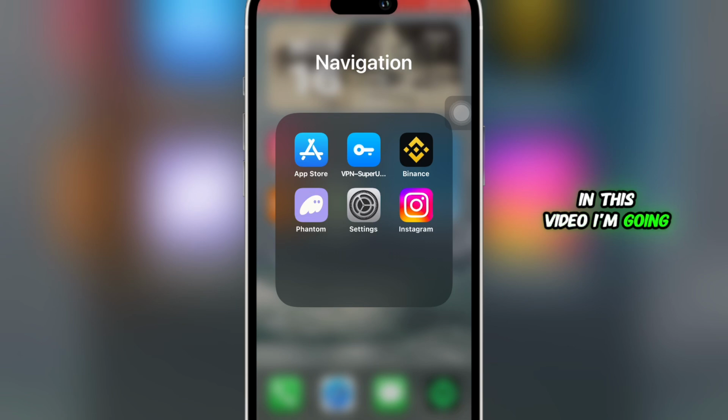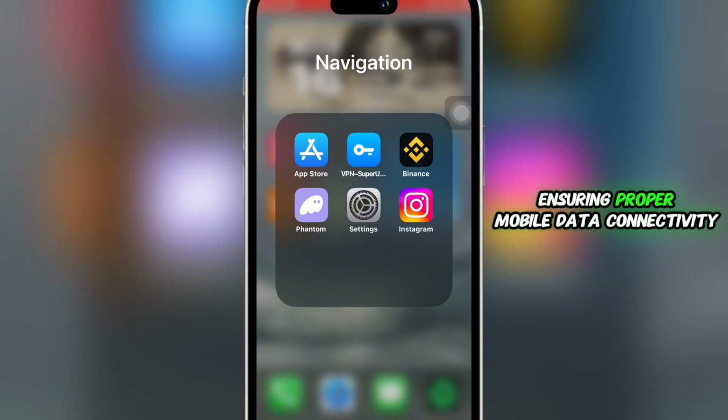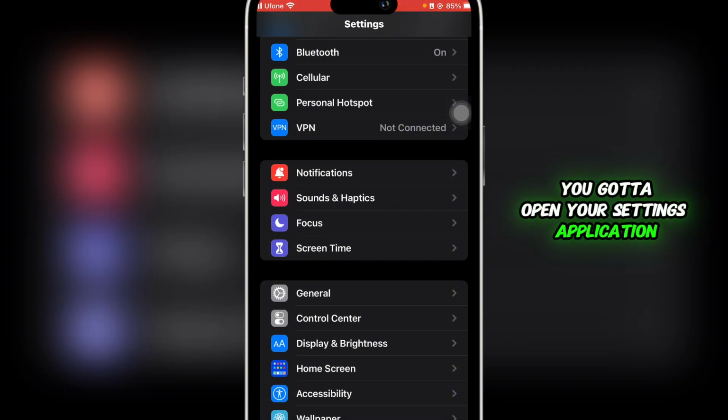In this video, I'm going to show you how you can view, edit and reset APN, that is the access point name settings on an iPhone, ensuring proper mobile data connectivity, particularly useful when switching carriers or troubleshooting network issues. So let's get started. First of all, you open your settings application and then you head